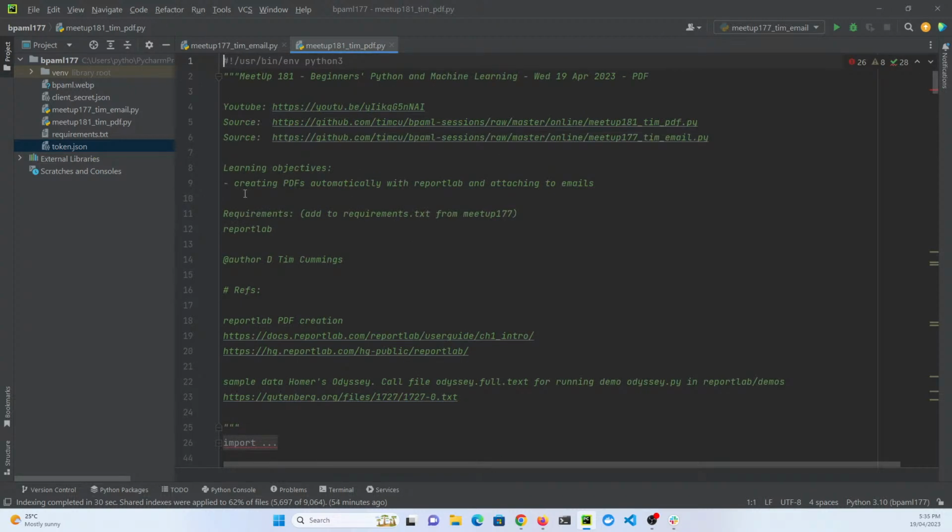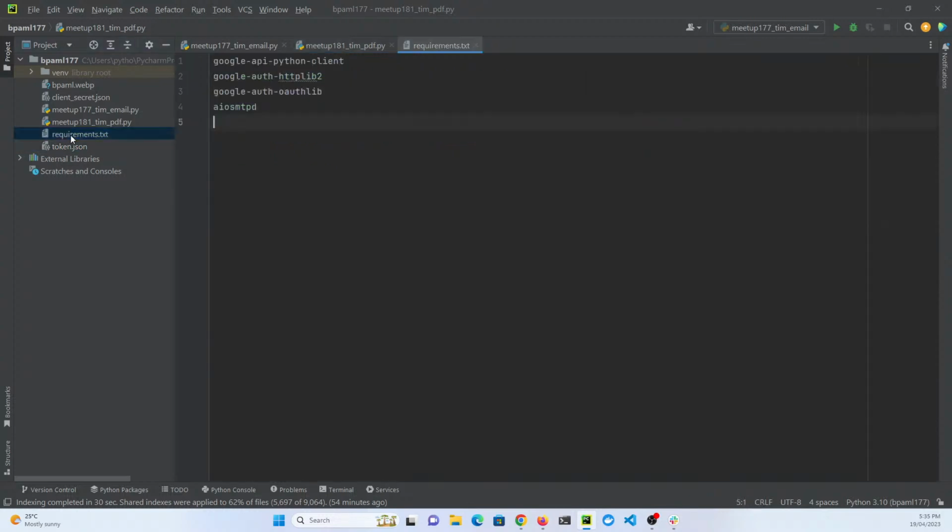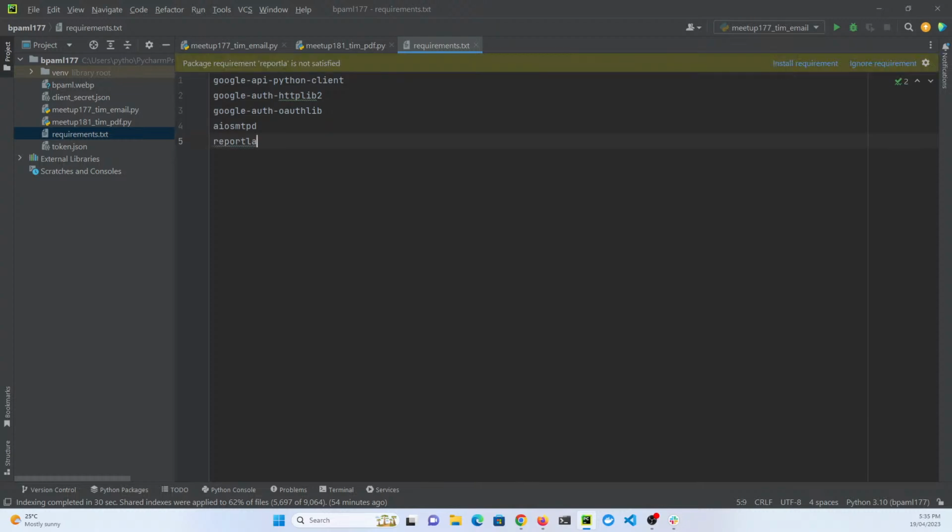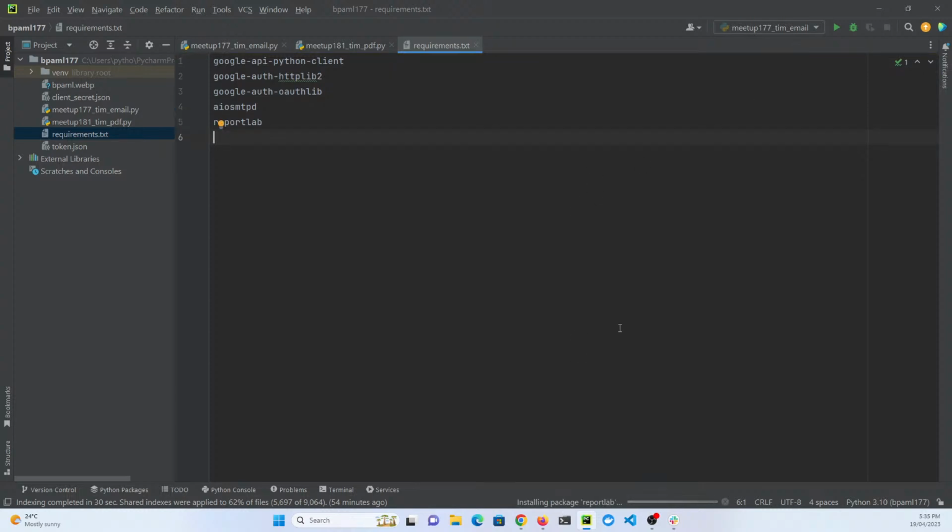You remember that we have a requirements.txt file, and this is a convention in Python that you put all your third-party libraries in there. What we're going to do today is just add ReportLab to that list. And you see how useful PyCharm is. It says, okay, you want to use ReportLab in this project, but you haven't installed it, and so we can just say install requirement. So I'll click on that,